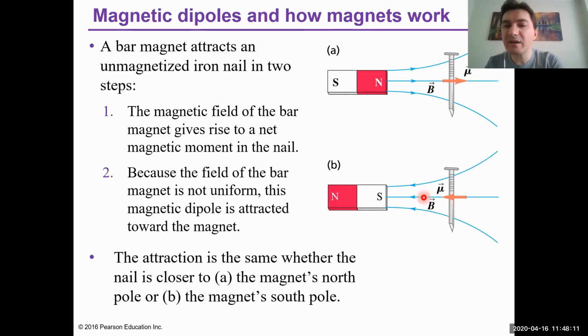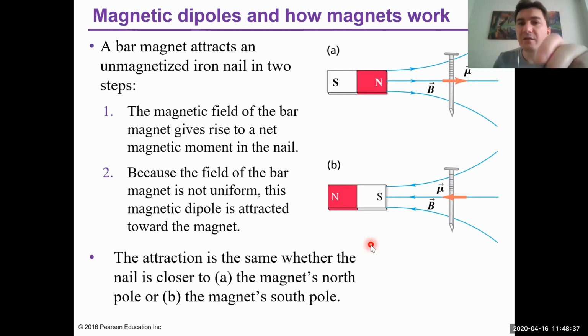Then I will have a magnetic moment along the magnetic field. Then this is N pole, this is S pole, then N will be attracted by S pole. So in both cases, this unmagnetized iron nail will be attracted by the permanent magnet. This is the mechanism between unmagnetized magnetic materials and